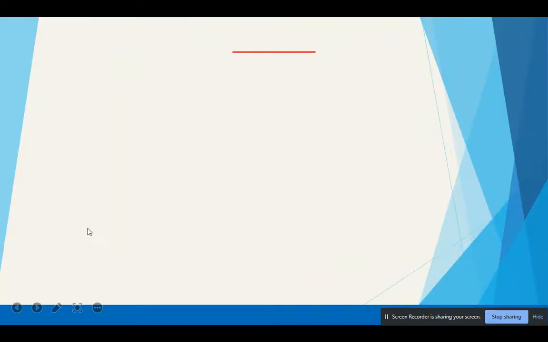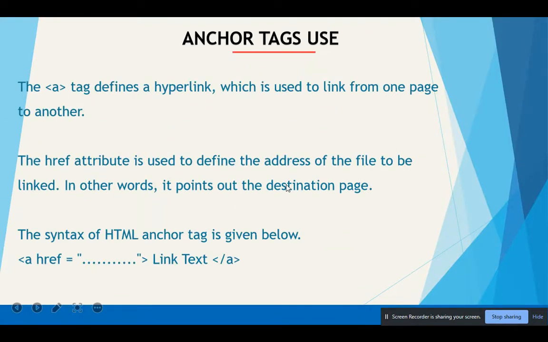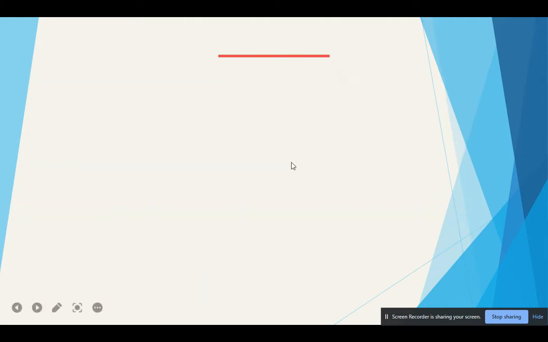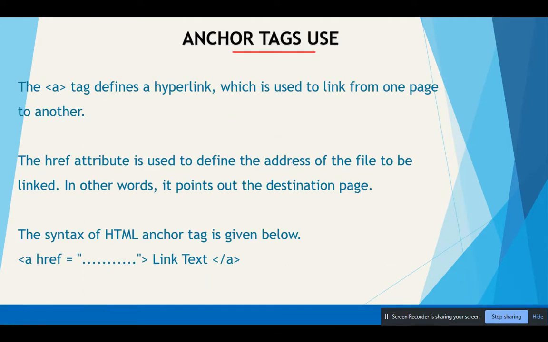Here you see some syntax of the anchor tag. If you use anchor tags, you follow this syntax: the opening tag, and write href, where you add the address of your destination, where you want to go, and just close it. And here I write link text. In between the anchor tag, whatever text you write will be converted into a link. I hope you understand it. If you don't, you don't need to worry, we will see this in my code editor. If you have any query, you can ask me.